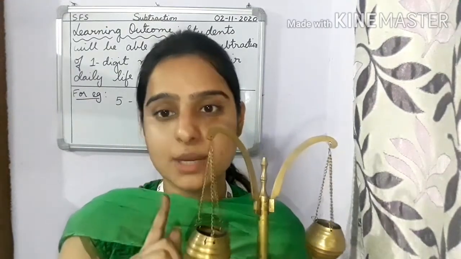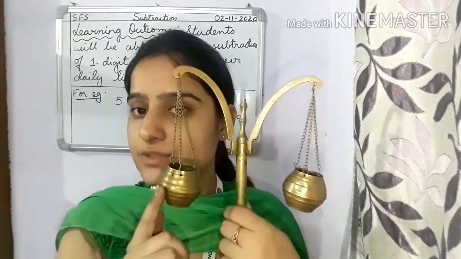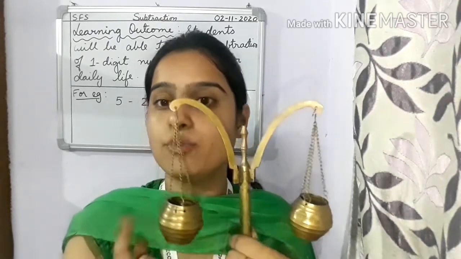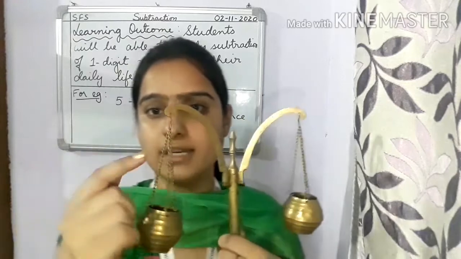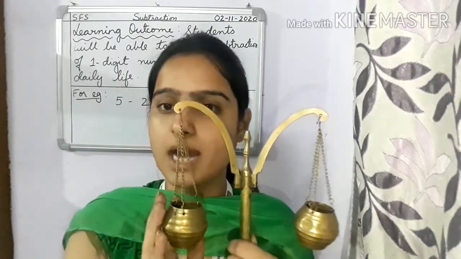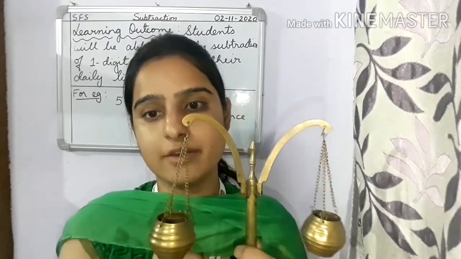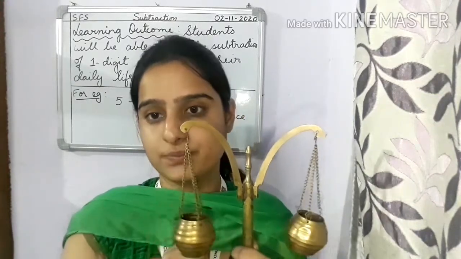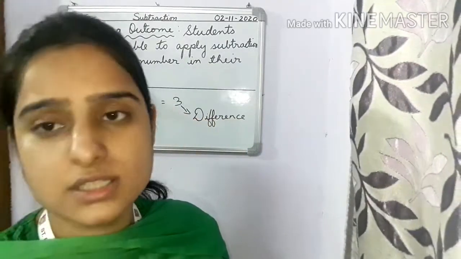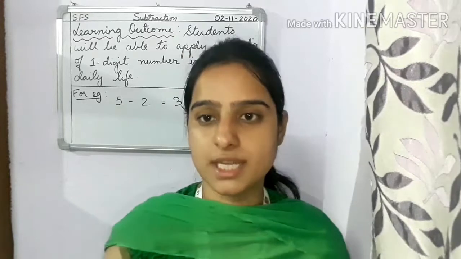The word which I am using is left. How many are left here? 2, right? So, children, what did I do? I did subtraction. First, I wrote 3. Then I removed 1 from the 3. Then I counted how many are left. There are 2. Clear? This is your subtraction. This you can also apply in your daily life, children.